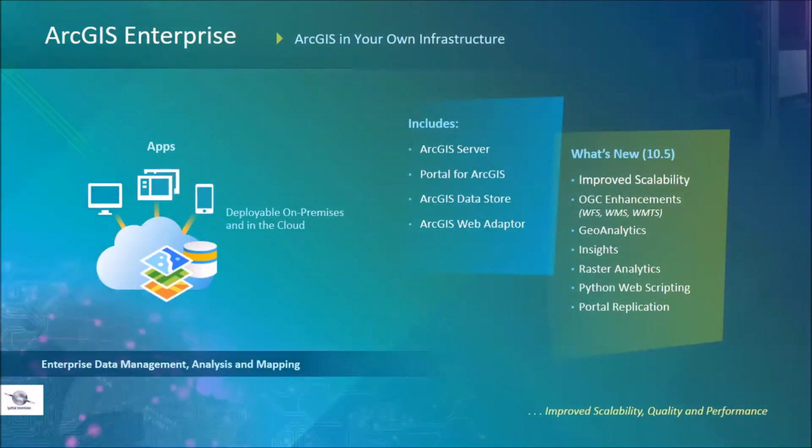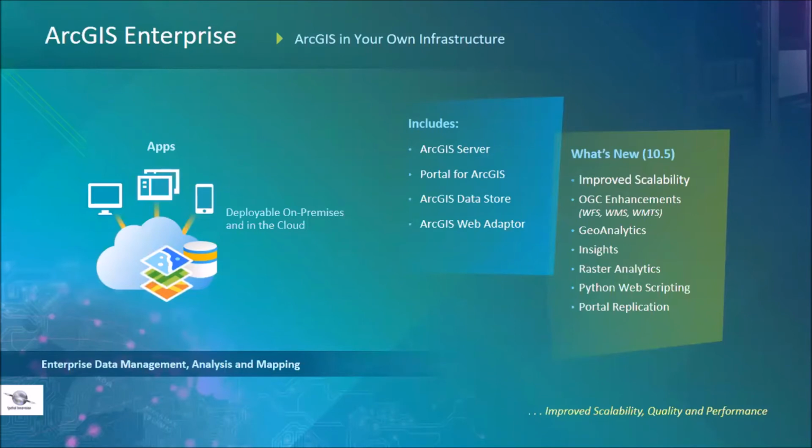So now to speak about ArcGIS Enterprise. ArcGIS Enterprise is a complete GIS hosted within your own infrastructure that can be on-premise or in a cloud such as Amazon or Microsoft Azure, or whatever you want. While both approaches provide the same foundational ArcGIS capabilities, ArcGIS Enterprise allows you to control the supporting infrastructure, including the service level agreement. It also provides access to additional capabilities not currently available in ArcGIS Online.